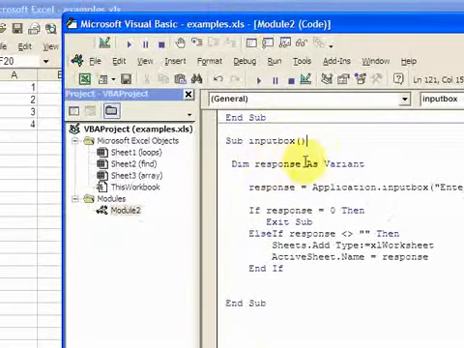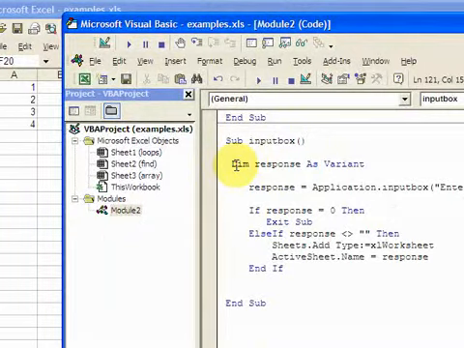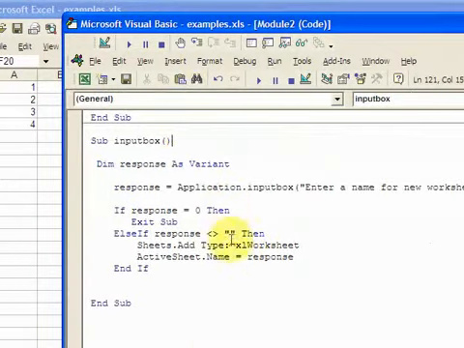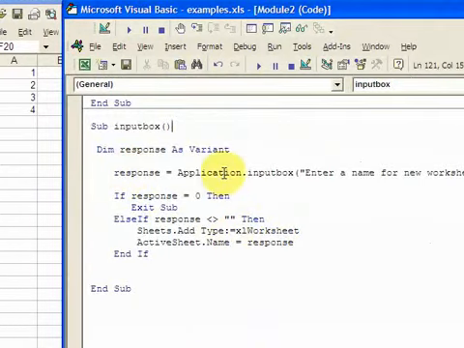So I have sub input box, and I want to declare a response as a variant, and this is going to hold the input from the user. So let me close this down. So let's look at this. Response is going to equal